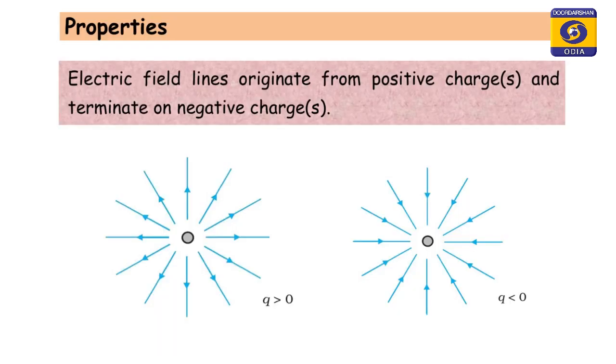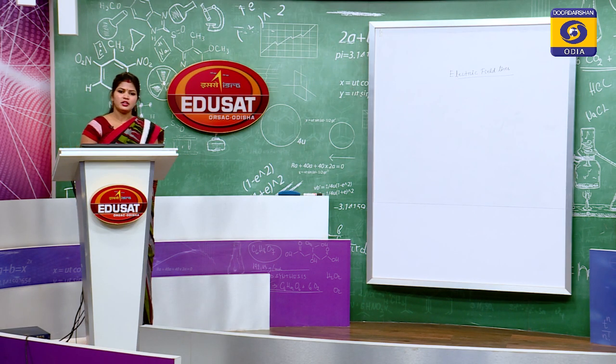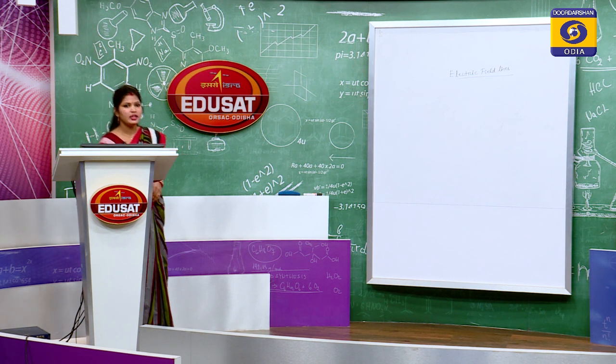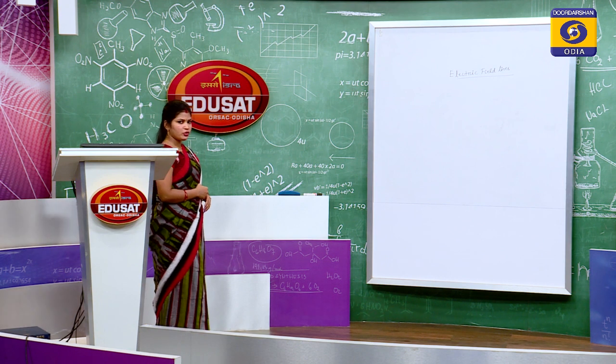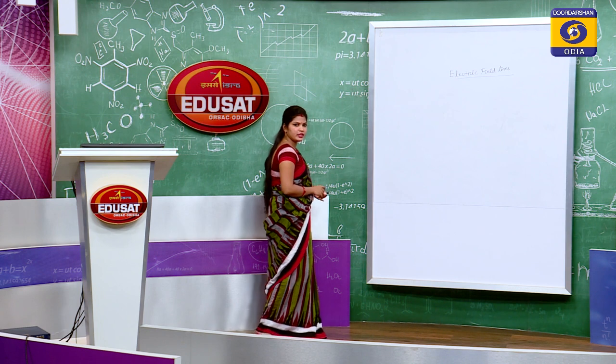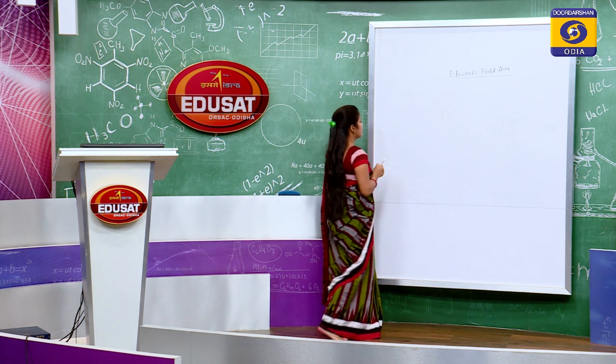Now, let us study the properties of electric field lines, or what are the rules to draw electric field lines. One of the properties is that electric field lines originate from positive charges and terminate on negative charges. So, students, why do the field lines originate from positive and terminate on negative charge? Let us see how the field lines are drawn for the positive and negative charge. See,